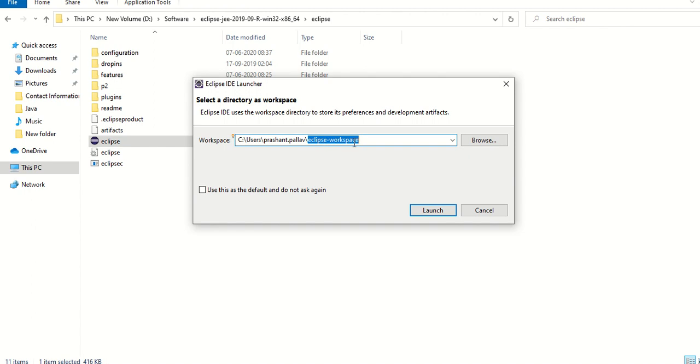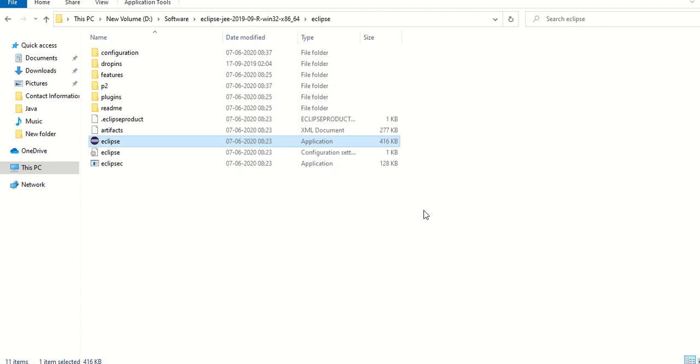You can change the name to something like Java for beginners or Ekumid Help. As per your convenience, you can create a name here and click on launch.